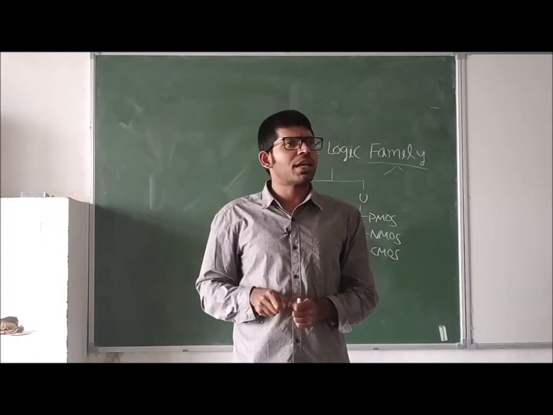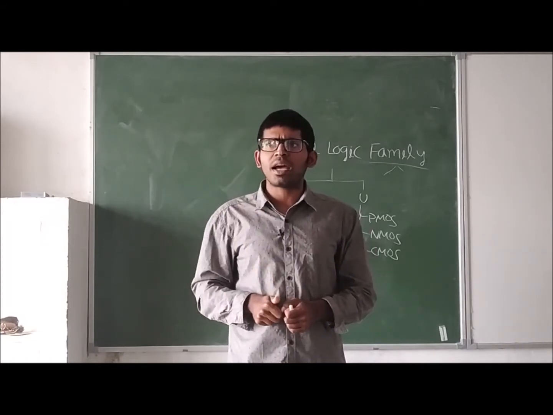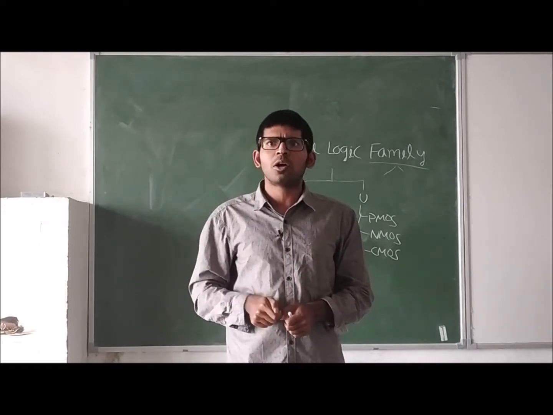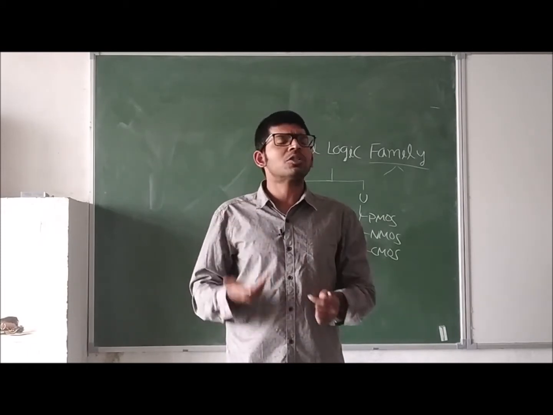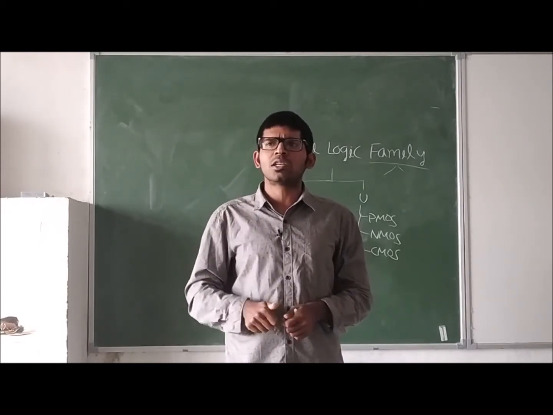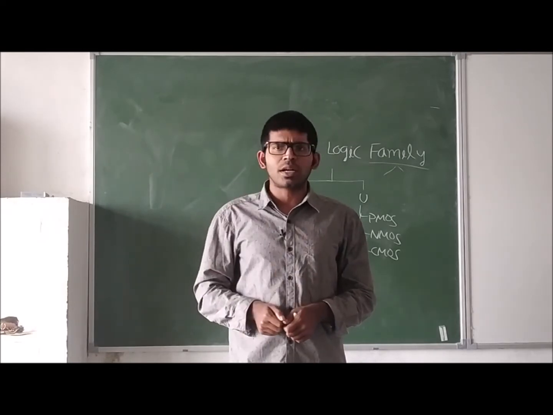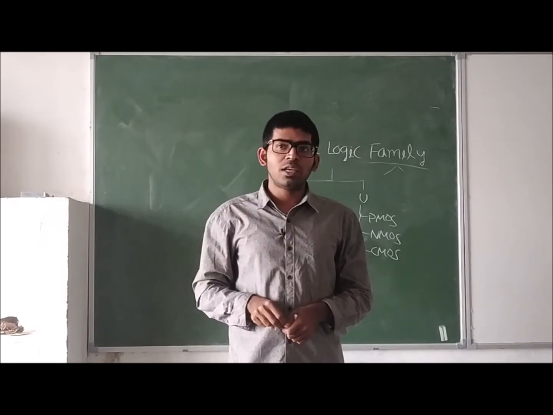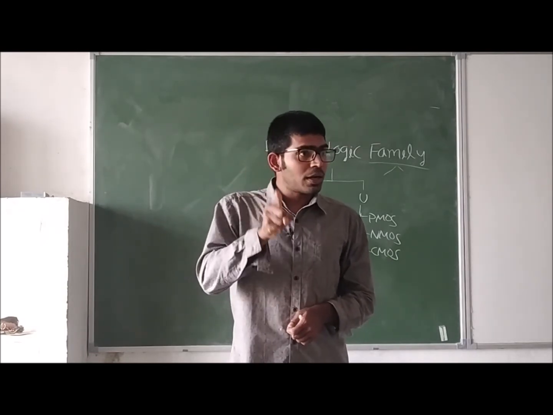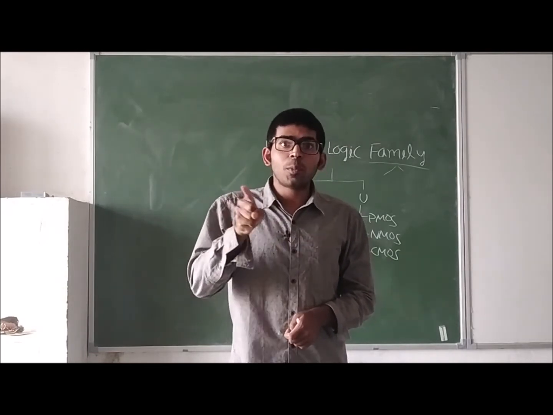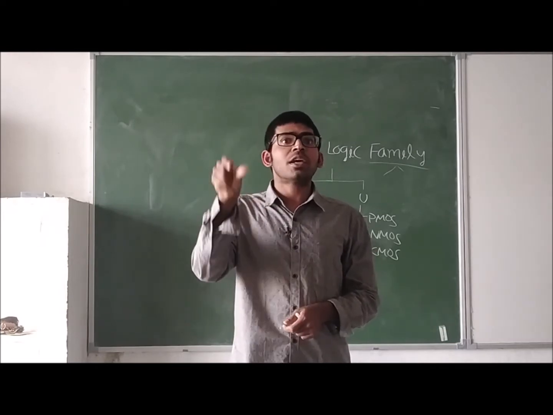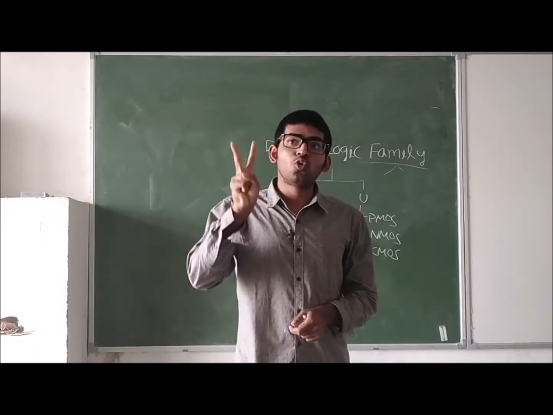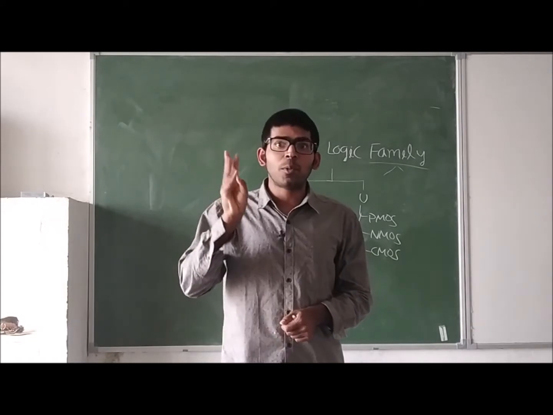So now a question comes again. How can I manufacture the IC? What is the procedure I have to use to manufacture the IC? Because we have studied semiconductor physics, now we are asking how I can manufacture that IC. Then we are telling there are two ways to manufacture that IC. Either you can use bipolar technology or you can use unipolar technology. In how many ways can we manufacture that IC? Two ways.